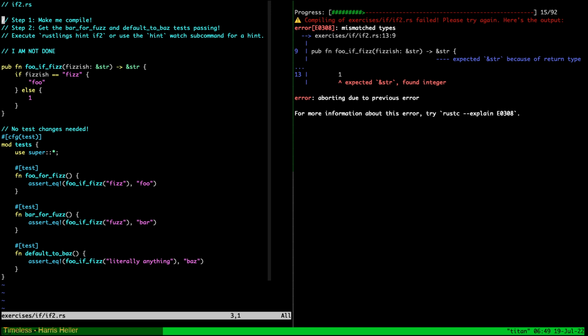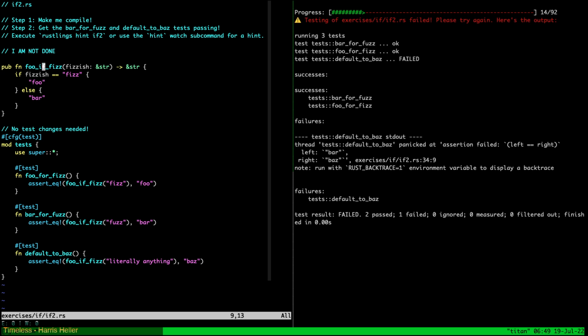Step 1, make me compile. Step 2, get the bar for fuzz and default to Baz tests passing. All right, so the first problem is that we're returning without even looking at the test. We can see we're returning a string and a number, and we're expecting a string. So can we just return foo? We can just say bar here, just to return a string, and then we can take a look at the tests. Because step 1 is make me compile. So now it compiles,